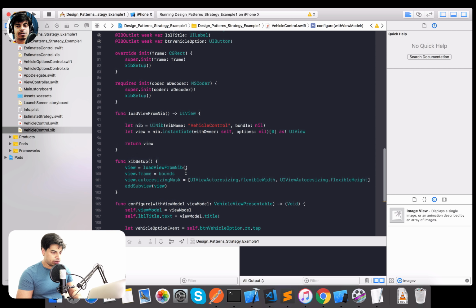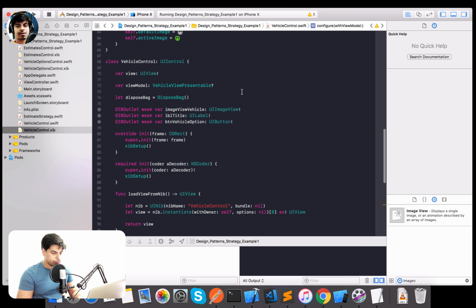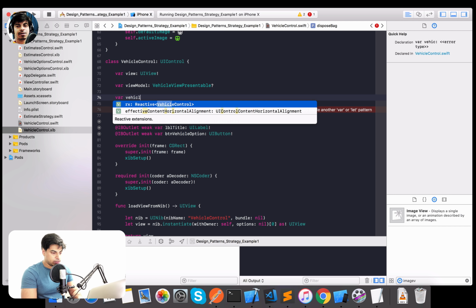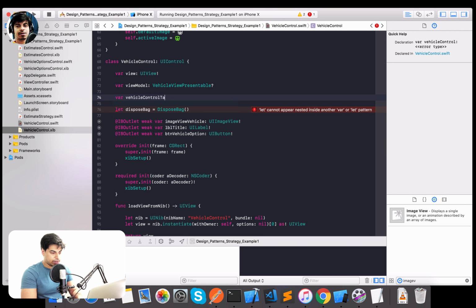For that, let's define a publish subject, public relay I'll call it, something like vehicle control tap. Maybe I'll just call it onVehicleChosen,